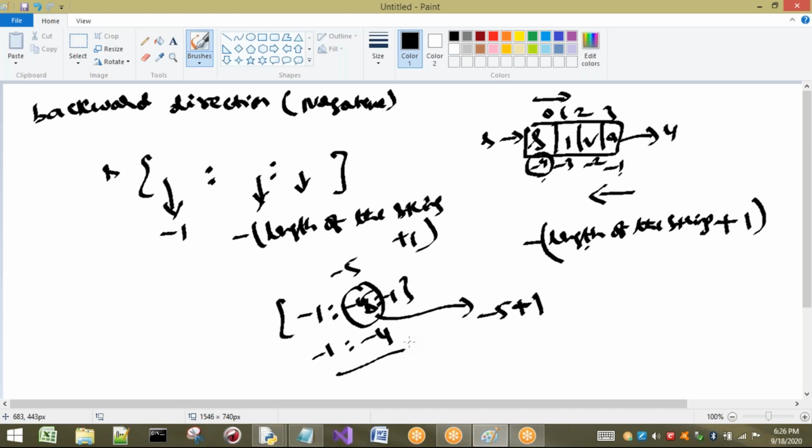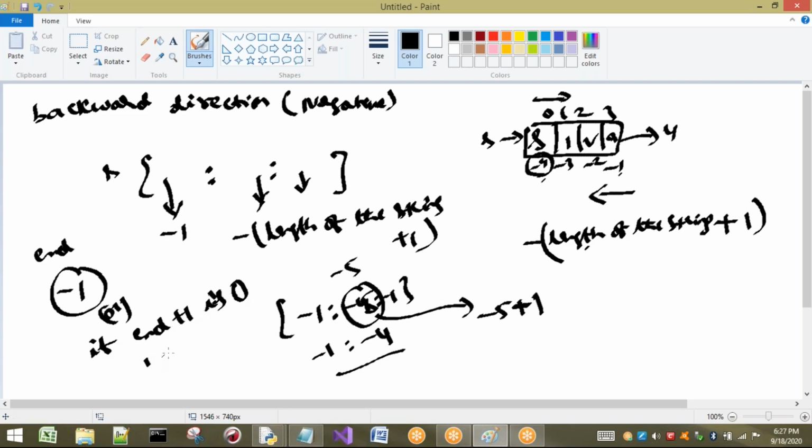One point I have to discuss here in reverse, a very important point, listen carefully: n should not be minus 1, or n plus 1 should not be 0, otherwise we will get an empty string.